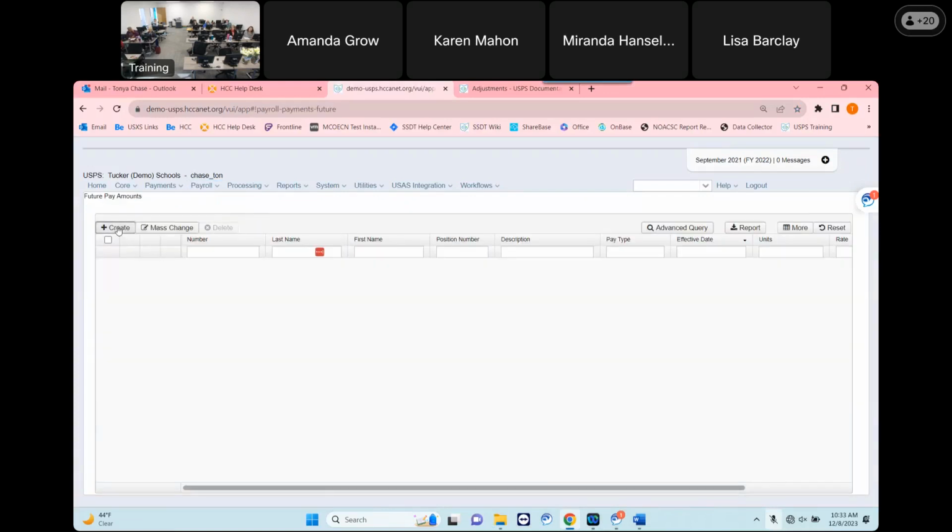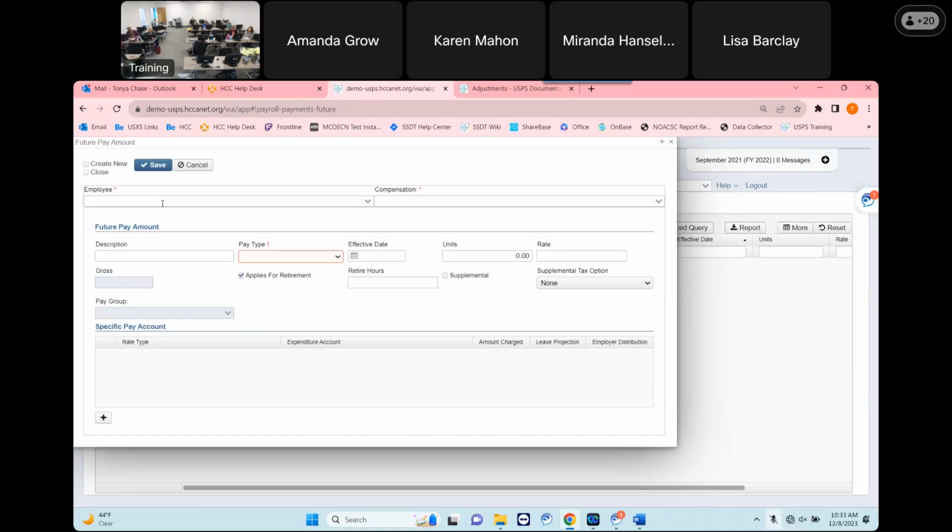You create. Pull up your person. You can put it on their job 1. This is a non-cash transaction, so it is not actually paying them. It is not going to increase your gross on your payroll. So I'm just going to say life insurance. The pay type in